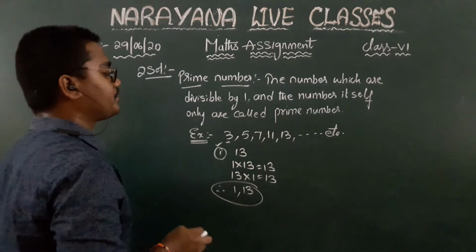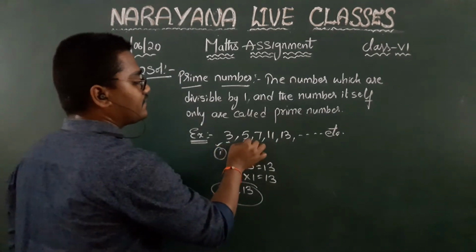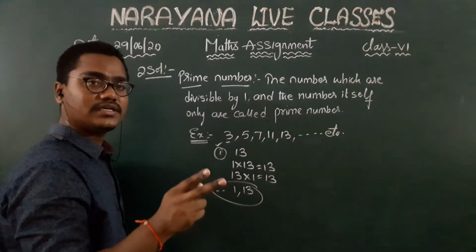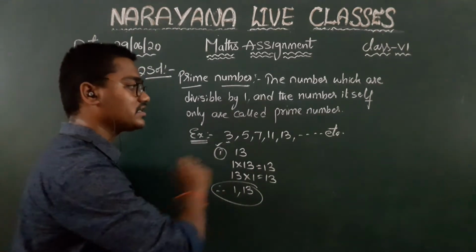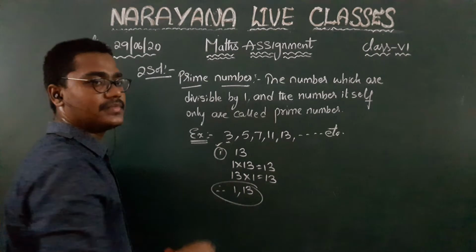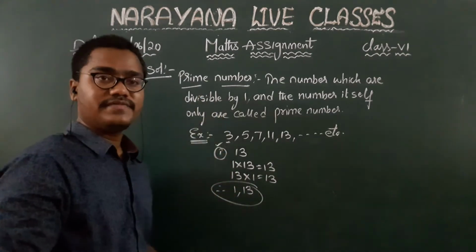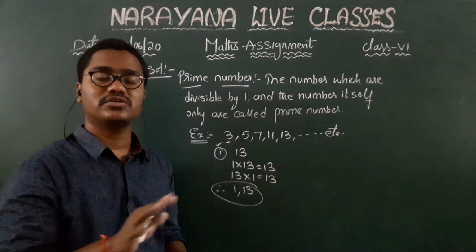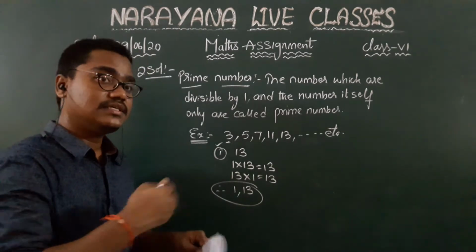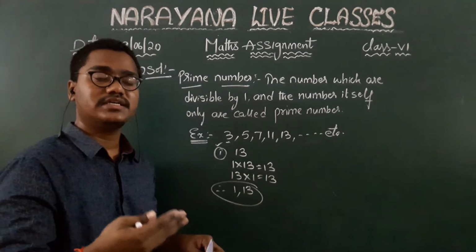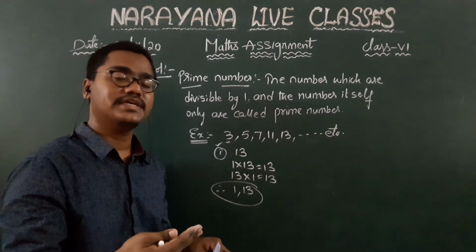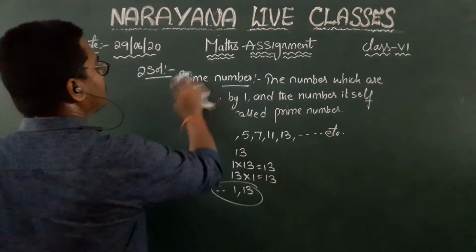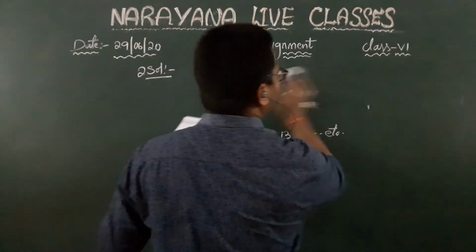Yes. So these numbers 3, 5, 7, 11, 13, all these numbers have only two factors, children, that is 1 and itself, and these are called prime numbers. So a prime number can also be defined as a number which has only two factors, that is 1 and itself. Other than 1 and itself, if it has more than two factors, then we can say that it's a composite number. So when you come across the definition of a composite number, children,